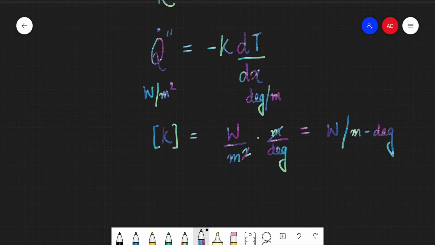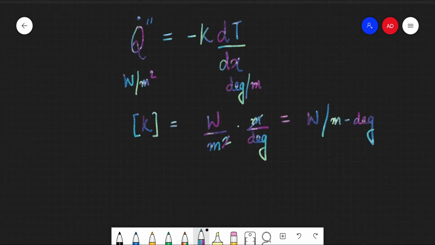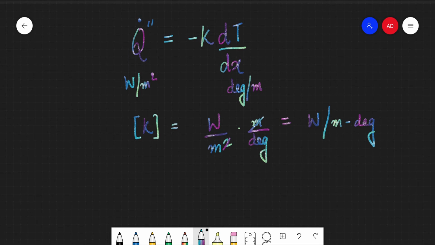Now the reason I am representing temperature differences in degrees is because degrees Celsius, degrees Fahrenheit or Kelvin doesn't make sense here, because they are temperature scales based on set points, right? So the Celsius scale is based on the freezing point of water and the boiling point of water. But when you're taking temperature differences, the difference is expressed in degrees and the temperature scale doesn't actually hold water here, which is why we've represented it using degrees, right?